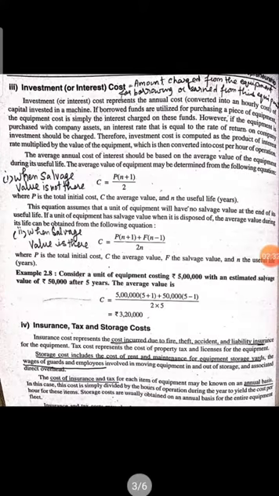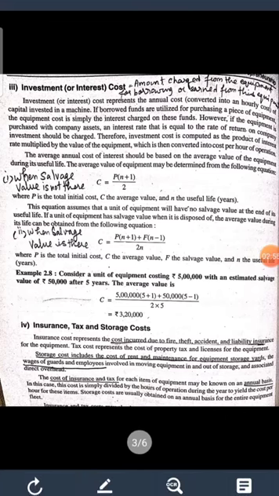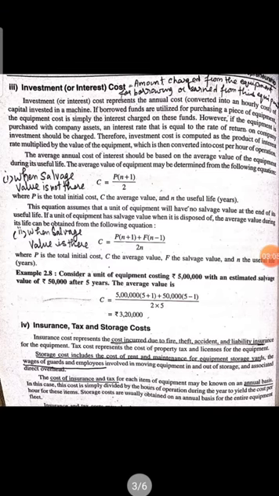The third one is the investment or interest cost. It is a very interesting topic. Let us imagine two scenarios. Case one, the company wants to buy an equipment by taking a loan because they don't have that much money. Case two, the company spends from its own pocket to buy the equipment. In the first case, the company must pay back the loan and the interest. In the second case, the company could have used this money somewhere else instead of investing in this equipment. Hence, for both cases, the company is going to take some part of the revenue generated in the form of the investment cost or the interest cost.